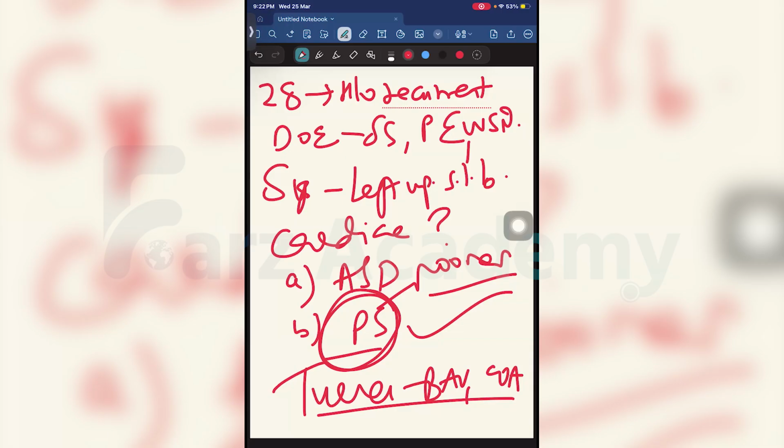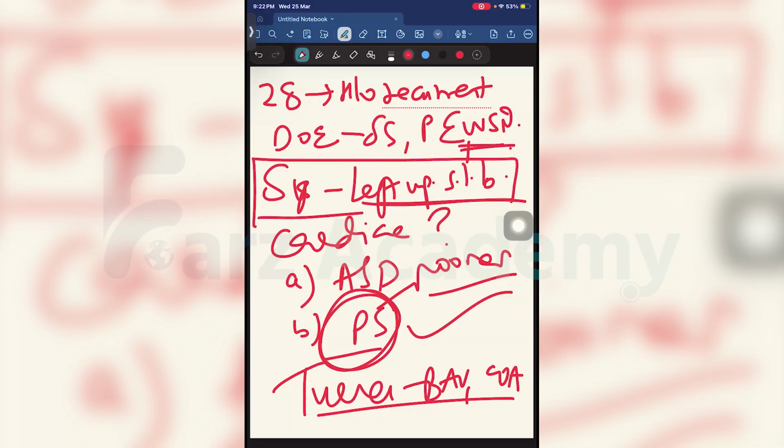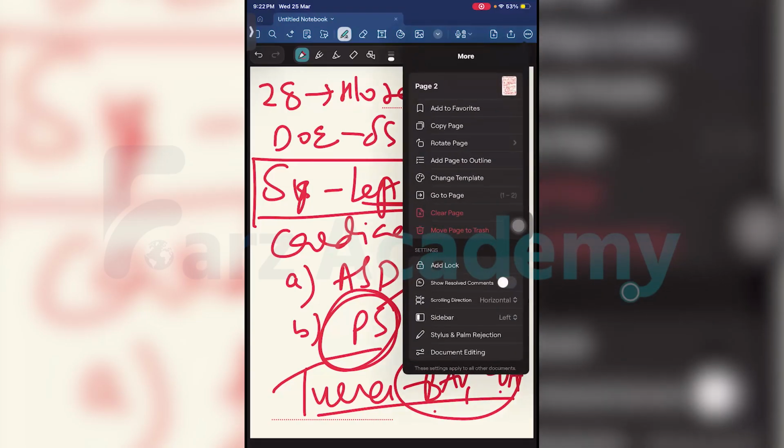The left upper sternal border is nothing but your pulmonary area. So a pulmonary murmur, short stature, pectus excavatum. These physical traits, along with this pulmonary murmur, tell me it is Noonan syndrome. Don't get biased by seeing widely spaced nipples and think about Turner. They are giving a pulmonary murmur in the question. Bicuspid aortic valve and coarctation, will they give pulmonary murmurs to you? That is why this is Noonan's, and the characteristic cardiac abnormality associated with Noonan's is pulmonary stenosis.